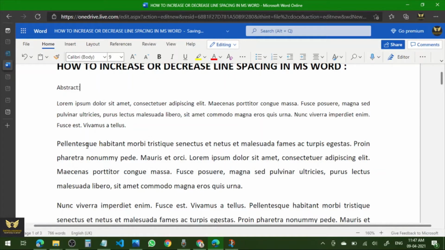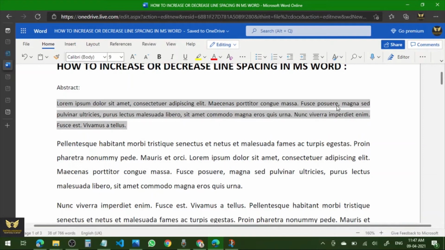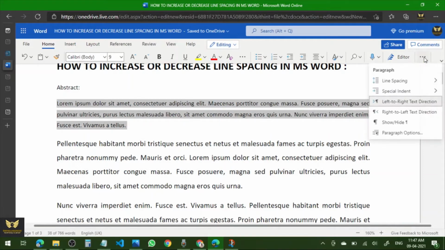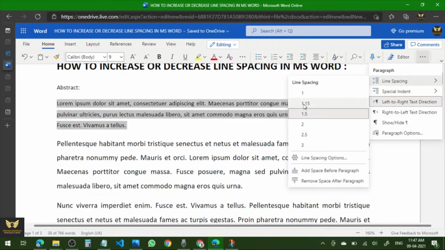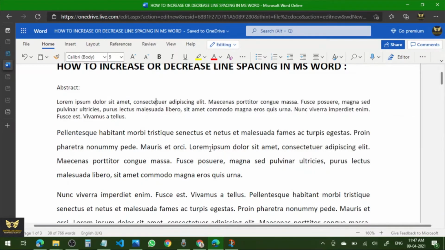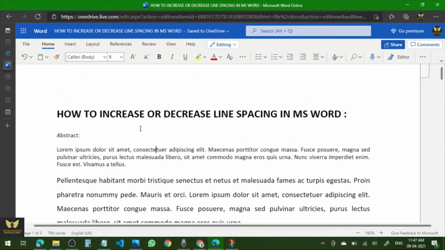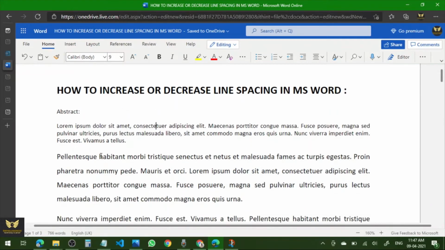Compared to this, you can also decrease this. Once you select it, go to three dots, go to line spacing, then click 1. So this will give you a summary of this heading. Then you can increase the line spacing.